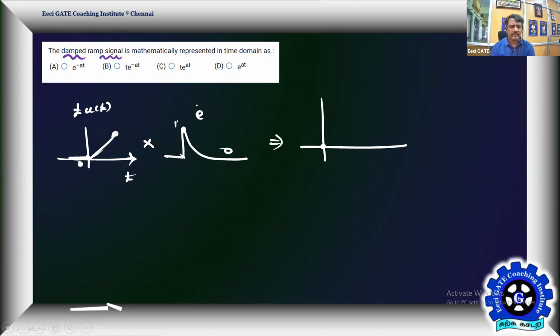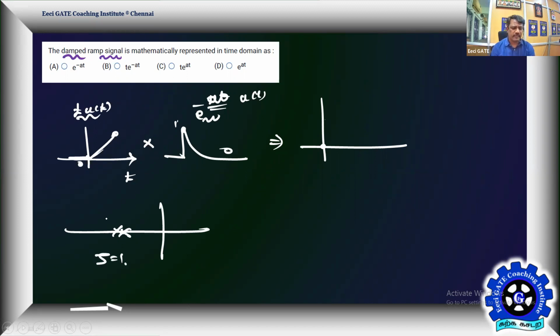So this is t, and this is e power minus t by tau, or e power minus at. So simply this is also into u of t. So multiplication of the two will be the resultant. That's a perception, but you should not multiply the two time domain signals like this. You may have another perception: a control system having two identical poles here. So you feel like the impulse response of a second order critically damped system.